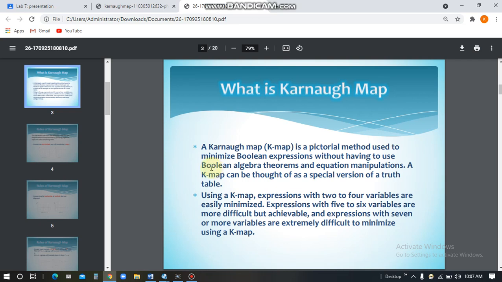So now let us first discuss its basic theory, that what is Karnaugh map and why do we need a Karnaugh map. A Karnaugh map is a pictorial method used to minimize Boolean expressions without having to use Boolean algebra theorems and equation manipulations. So two things. What is a Karnaugh map? It is a pictorial method. And why do we need a Karnaugh map? Is that